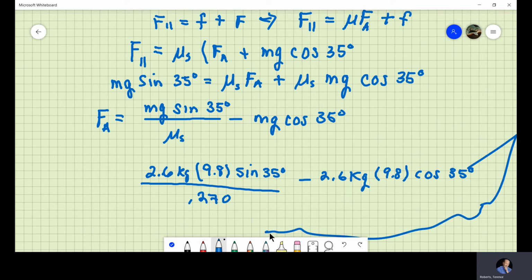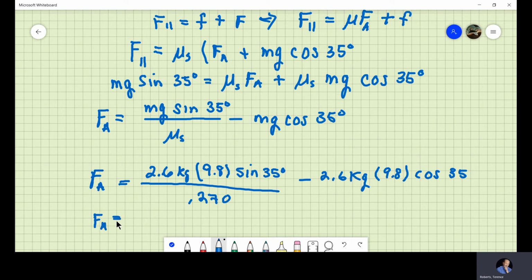Oops. Okay, and so this is equal to the applied force coming down, and this comes out to